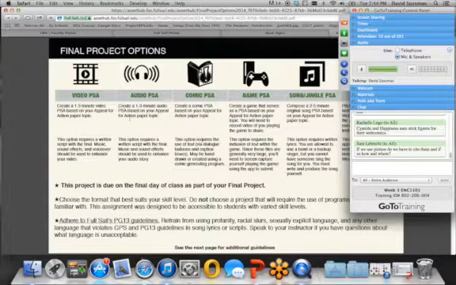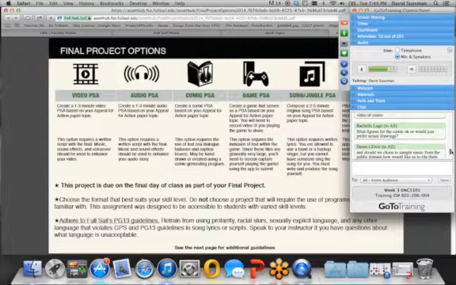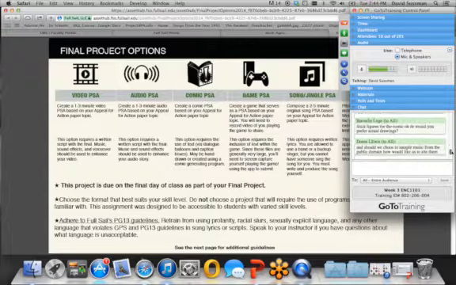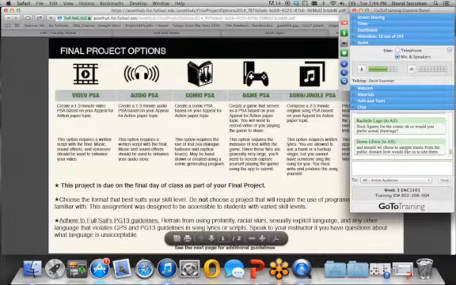Sarah says, if we use a picture, do we have to cite them? If so, how and where? Yeah, you will. And I think someone else asked a question about music and samples. Yeah, all that stuff will have to be cited. And I'm going to get to that in just a second.